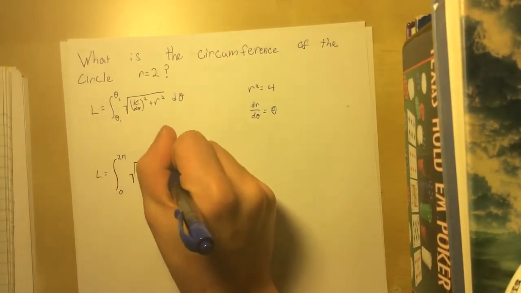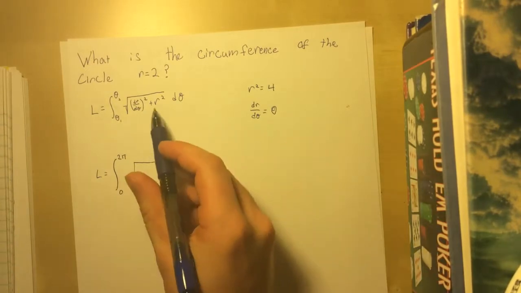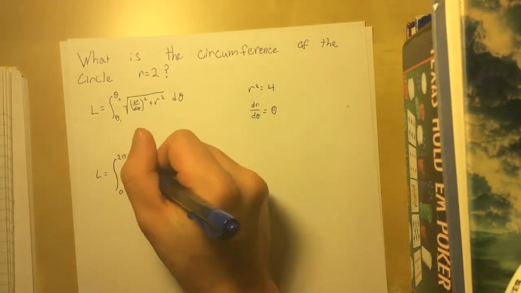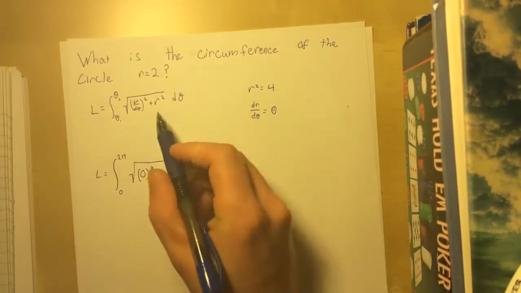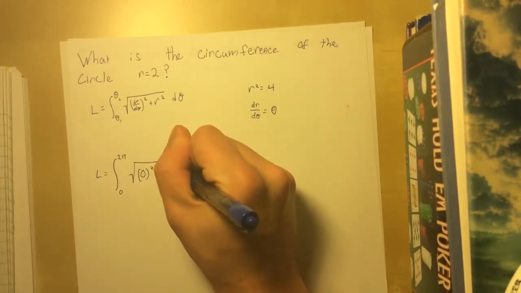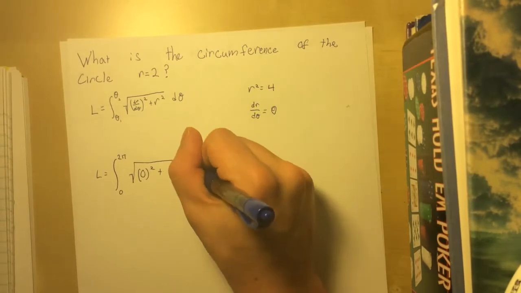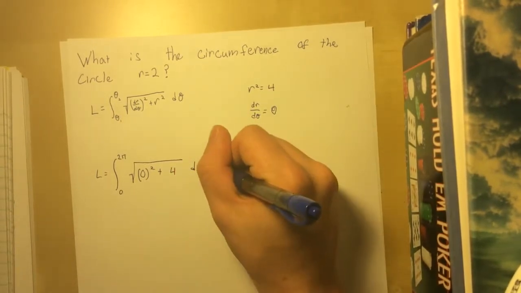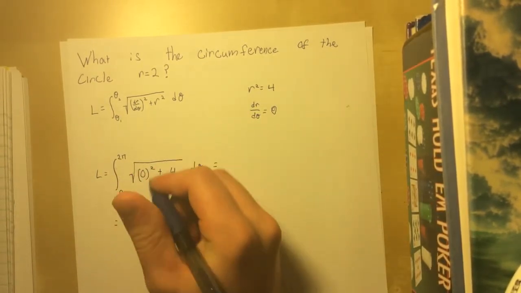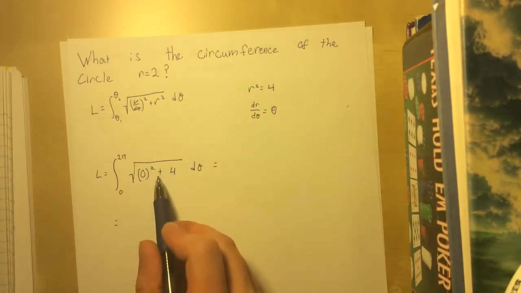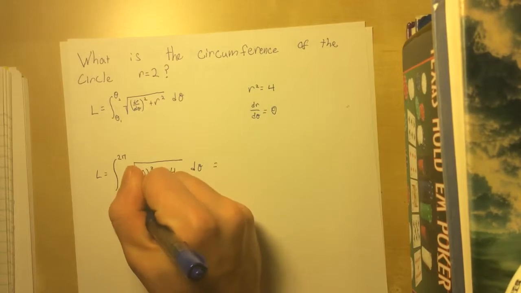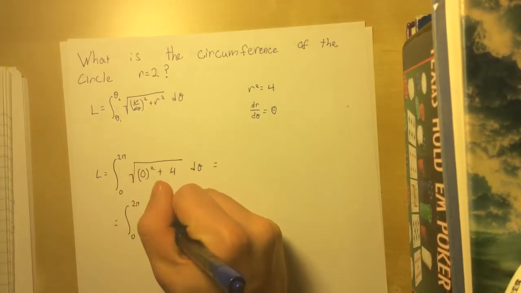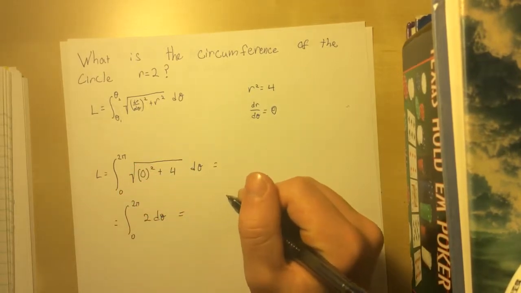And we're going to have the integral of the square root of the derivative squared, which is just going to be 0 squared plus r squared. We solved for that. That's just 4 with respect to theta. Turns into the square root of 4, which is 2. So we have the integral of 0 to 2 pi of 2 d theta, which is equal to